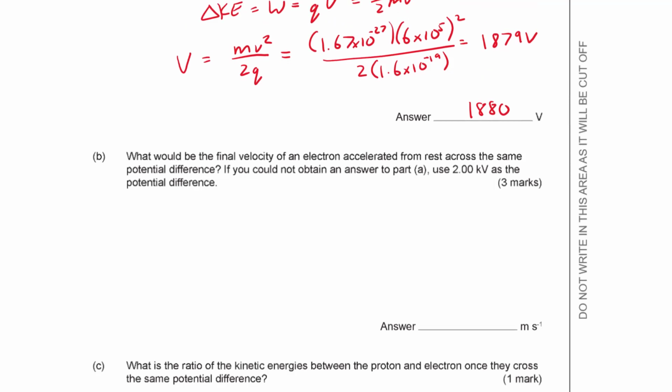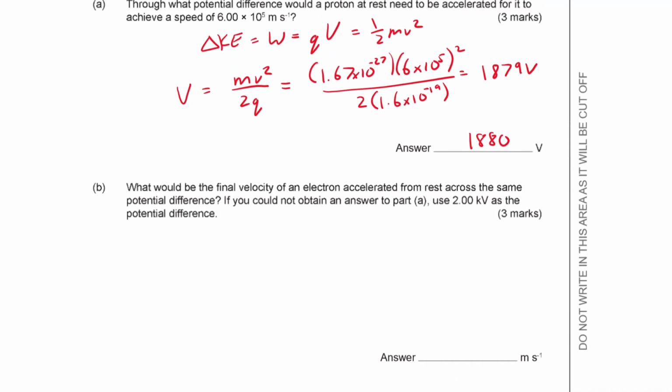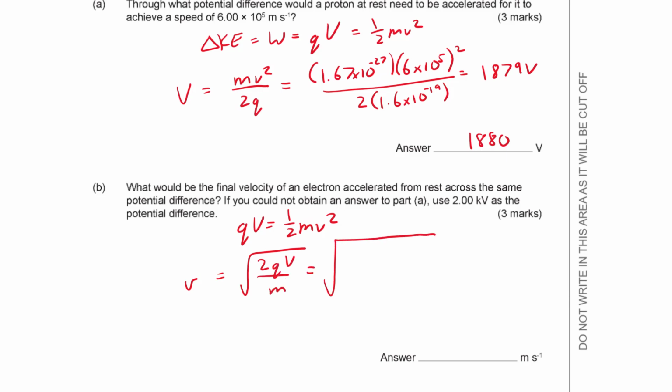But this time, the question's asking, okay, what if you used an electron instead? What sort of velocity will you get out of putting a much smaller particle in that electric field? Remember, the same charge, right? So if we start with this one again, QV equals half mv squared. So now we're going to rearrange it so we have velocity by itself. It becomes a little bit more tiresome, so square root of 2qV on m, and again you're summing your values to 1.6 times 10 to the negative 19, and then I'm putting 1879 in. Doesn't really matter what you put in, as long as it's either the value above or the